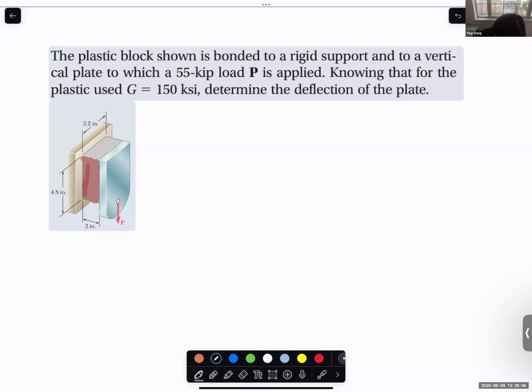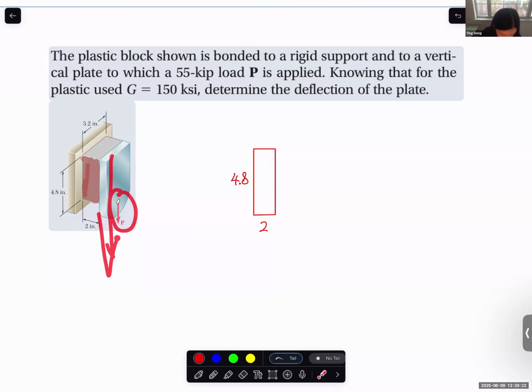So now to simplify, let's put it here. Let's assume that this is a rectangle on the side surface of the block. And of course, we have 4.8 inch and 2 inch here. So this one is this surface. And you should expect that when the force P is applied, the deformation, of course, without calculation, you should expect